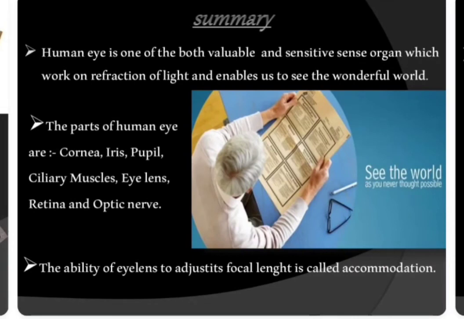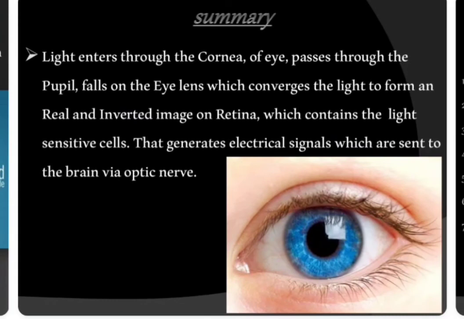So in summary, the human eye is one of the valuable and sensitive sense organs which works on refraction of light and enables us to see the wonderful world. The parts of the human eye are cornea, pupil, ciliary muscle, eye lens, retina and optic nerve. The ability of the eye lens to adjust its focal length is called accommodation. Light enters through the cornea, passes through the pupil and falls on the eye lens, which converts the light from a real to an inverted image on the retina, which